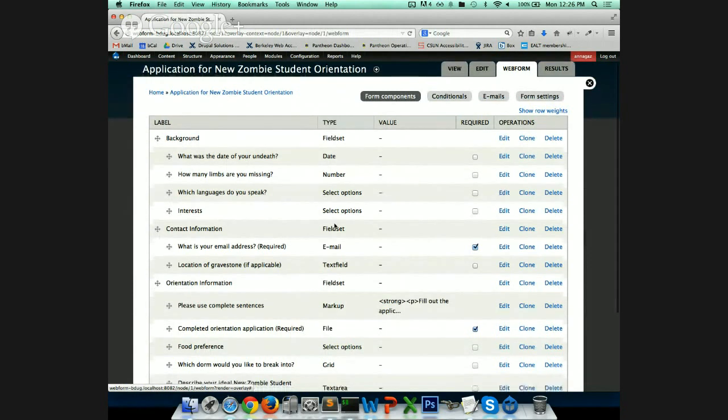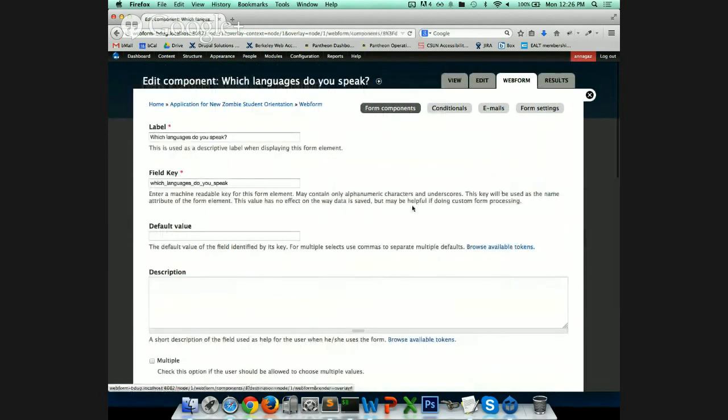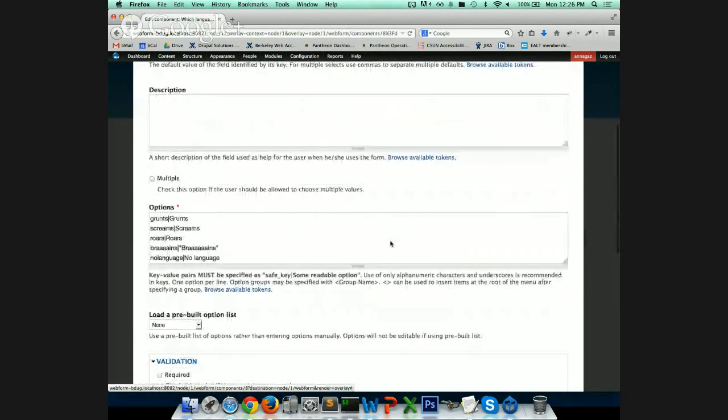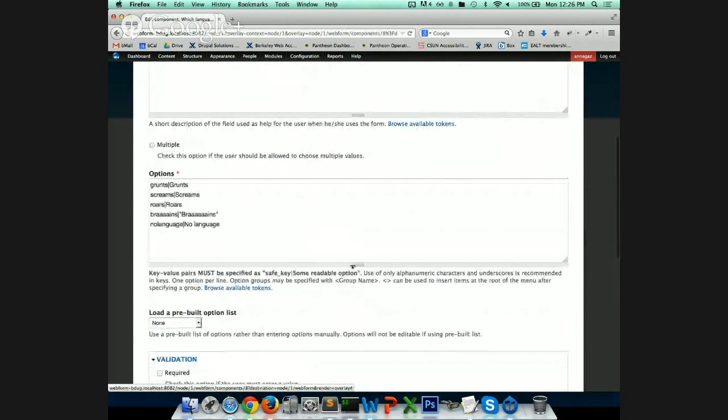All right, and then here's a good time to go over our select options. These can be kind of fun. So with select options, here's where the very first time I did this, I was a little confused. When you're actually populating your options, these are key value pairs. You need to start with what they call the safe key, the machine readable version of the option, and then pair it with whatever the option is that you want to display in your options, the radio buttons, the checkboxes, etc. When I first did this, I thought I had to type in safe key for every single option,